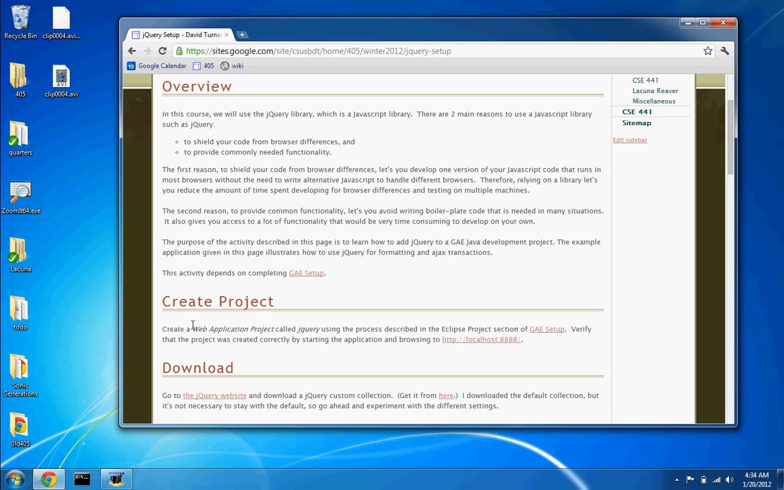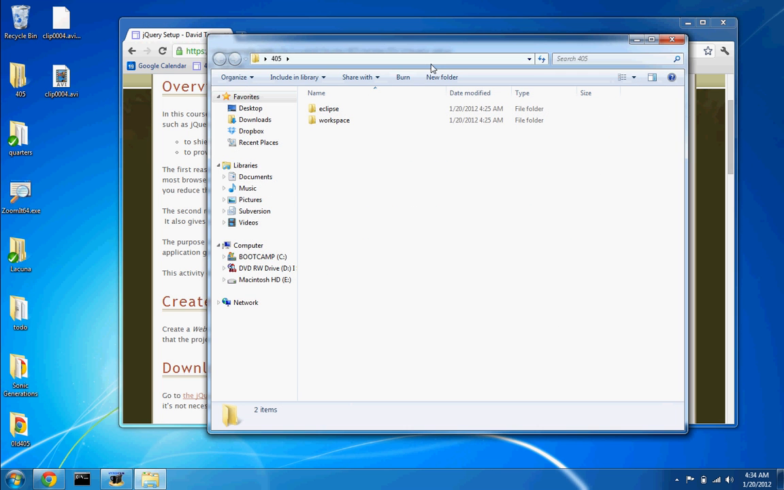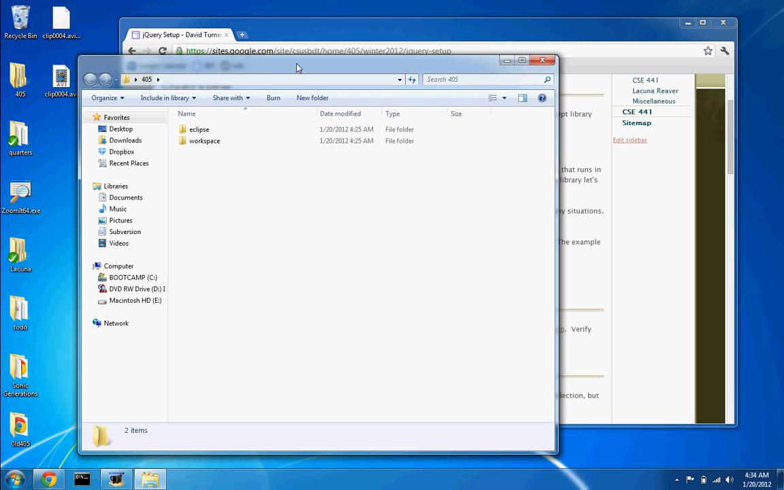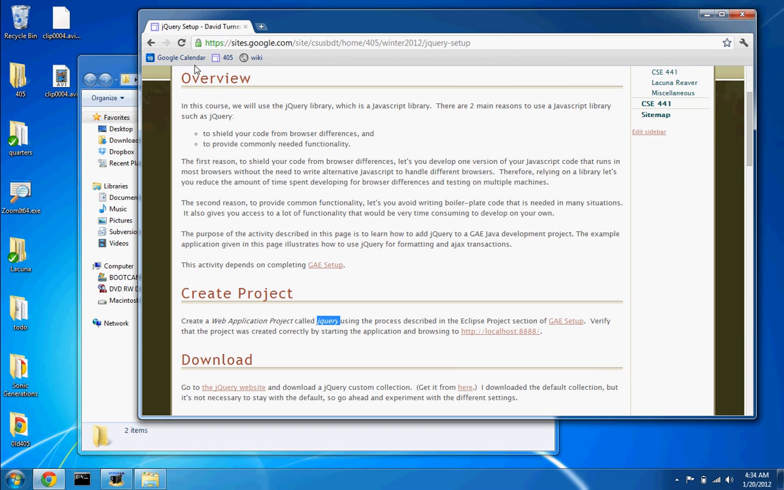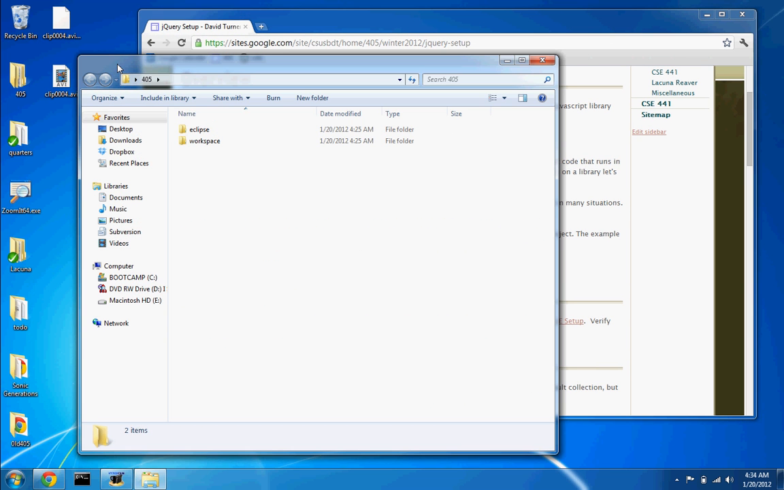We want to create a web application project called Jquery. Let's do that. I'm working on Windows today. I also work on Mac, but today I'm going to work on Windows. And what I did was I simplified my environment a little bit. I just created